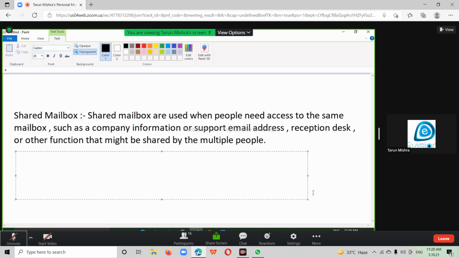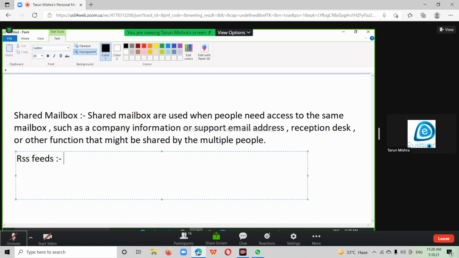PST, OST, guys. Now see, we are working on online Outlook, and we have 2-3 more points here, and then we'll move to the local Outlook, because in local Outlook you are not too much aware. Right now you don't know about the OST file. You only know the PST file on local Outlook, because sir has shown you the practical on Outlook 2007, which was very old. So that's why you are not too much aware of local Outlook. But for now, write down what is RSS feed.